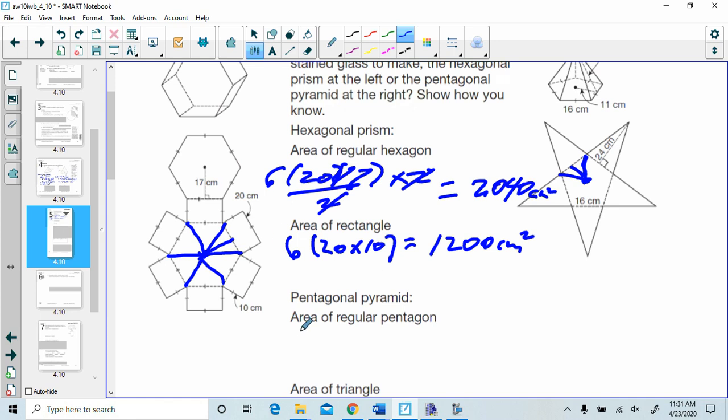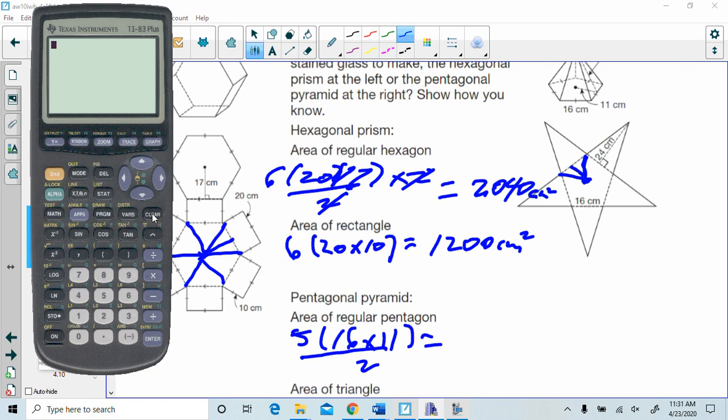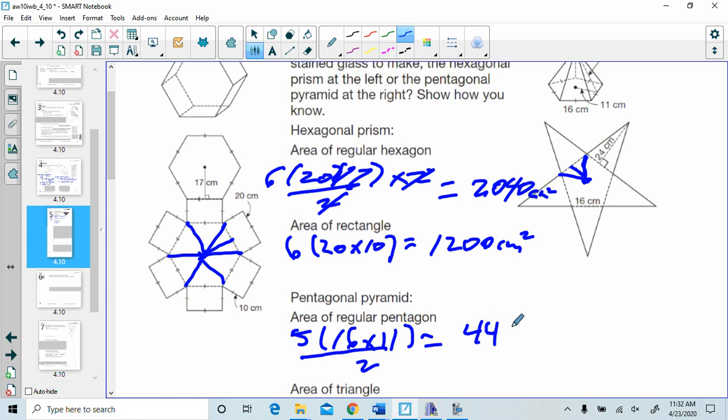So we'll just take 5 times base times height over 2. In this case, again, the base was 16, the height was 11 over 2. And that'll give us the surface area of the base. There's only one of them this time, so we don't need to double it. So 5 times 16 times 11 equals, and then divide that by 2. So we get to 440 centimeters